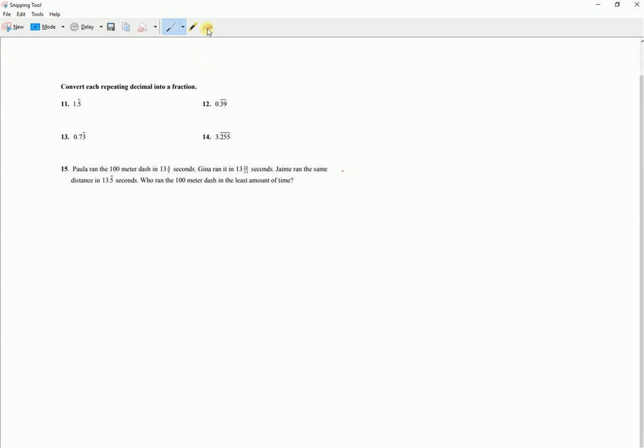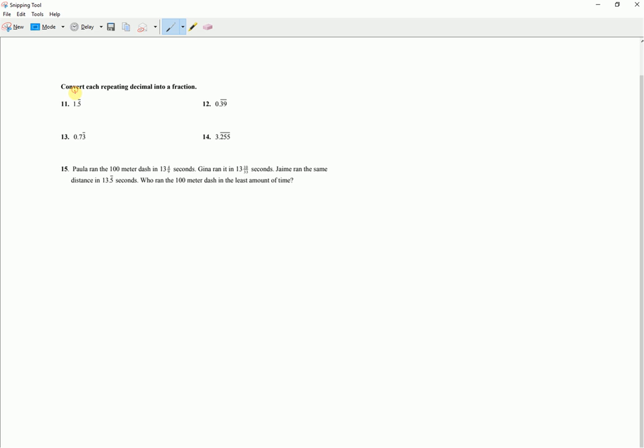This is designed to help with the homework about repeating decimals and converting them to fractions. So I said I would do problems 11 through 15 from this worksheet, so let's give it a go. Depending on what class you're in, I kind of modified how we talked about this, but really